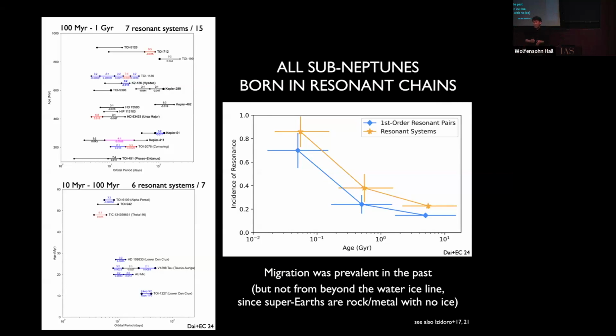I think they didn't migrate from very far, not from beyond the ice line at about 2 AU, not from beyond there, because they're not water worlds. At least I see scant evidence for that. But some degree of migration, maybe orbital period changes on the level of 50% or smaller, just enough to nudge these pairs into resonant lock. And after you've locked them, right, from planet-disk interaction, from this residual disk, then your task is to explain how the locks were broken, because that's what the observations demand. So some disassembly is required.